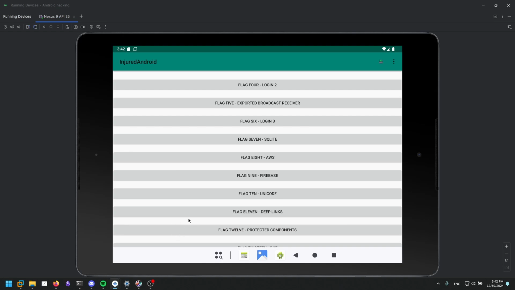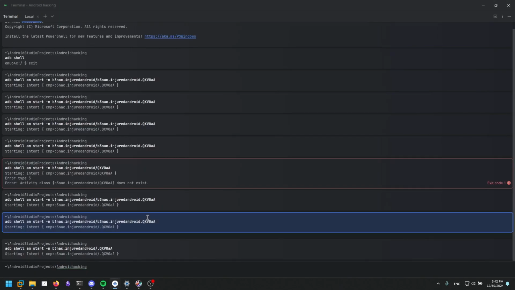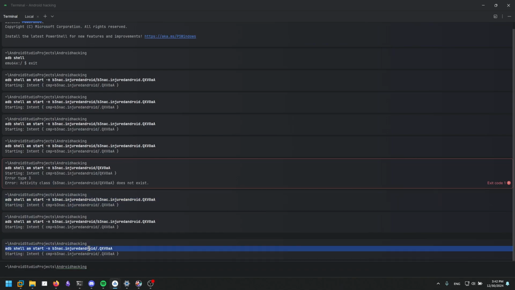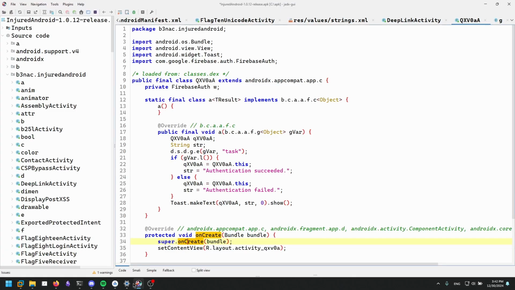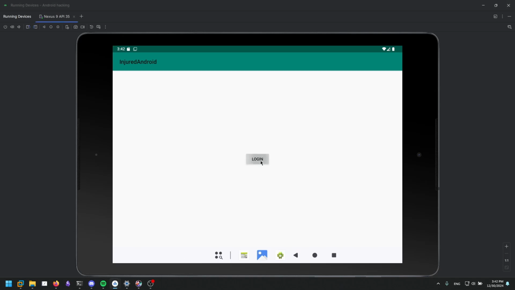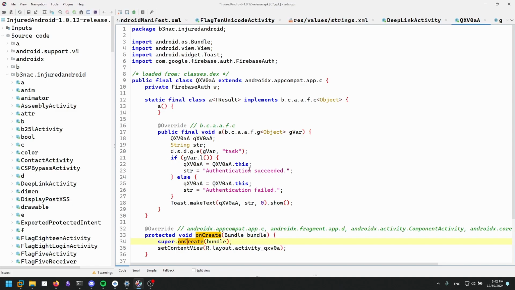So the solution to this exercise was that we have to invoke this activity, and then we have to log in to the application. It should say that the authentication is successful, but it doesn't, because it's probably making some kind of a request to a server, and that server is not alive anymore, and it is not getting the